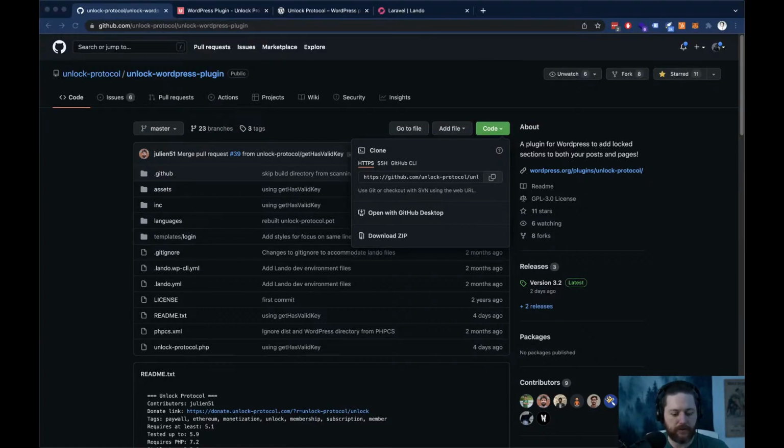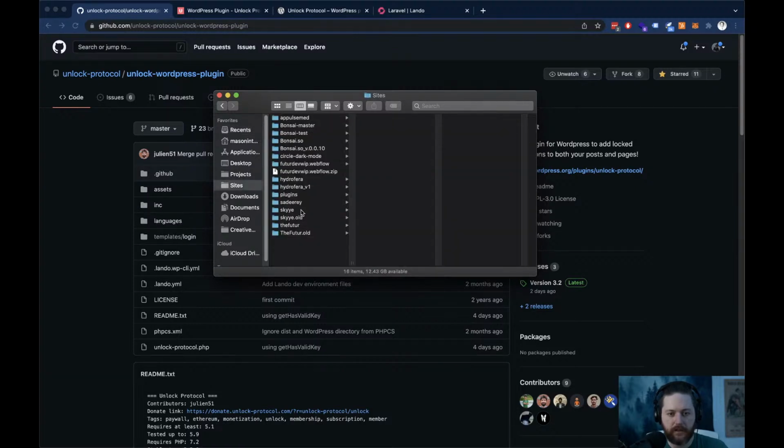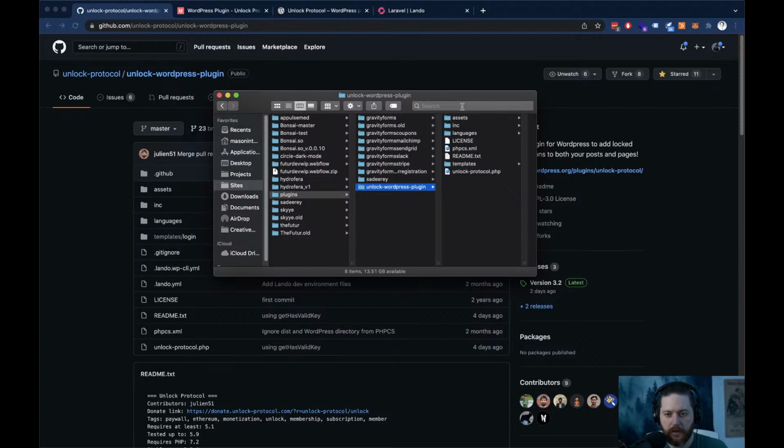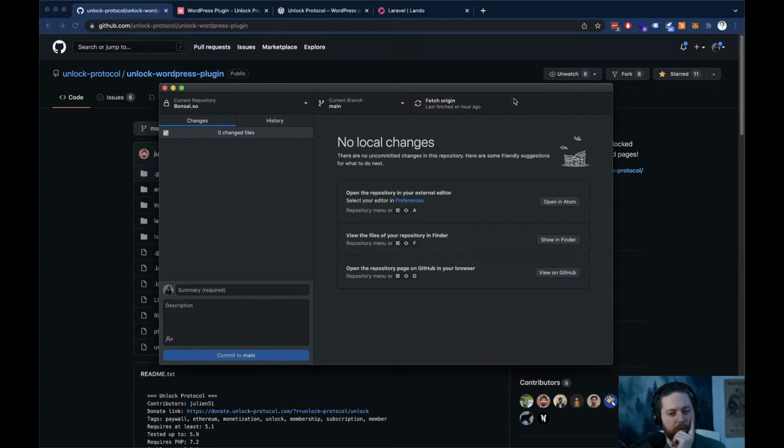So if you're not familiar with command line very much, basically what that did was it cloned the project in here, and then we're gonna open up the GitHub app. And I like to use the GitHub desktop app because it has a low barrier of entry for people that aren't familiar with Git, but